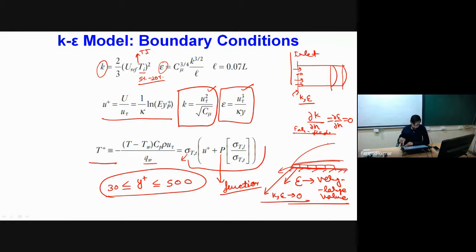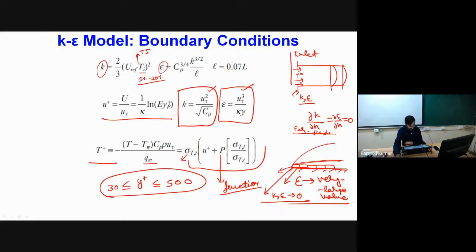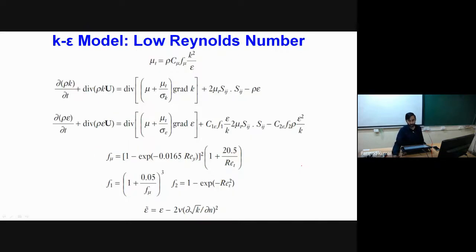Okay, let me now go to next part. Then, as I told you that in case of K epsilon model, we are having some limitations near the near wall region. So this particular limitation will be only in the near wall region when we are working with the high Reynolds number flow. When we are working with the low Reynolds number flow, then we are having more issues with the K epsilon turbulence model. So that's why for low Reynolds number, there are some corrections suggested in the K epsilon turbulence model in order to include the wall effect.